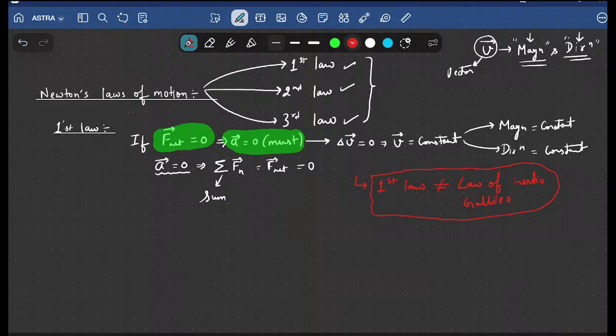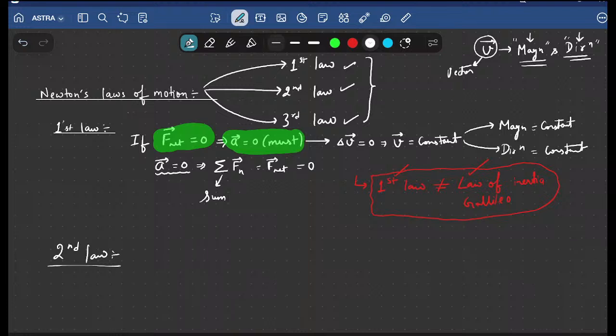But someday, when we take theoretical classes in detail, I will explain to you that the first law is not equal to the law of inertia given by Galileo. These two things are completely different. Some teachers teach it in that style, as if these two give the same lesson. No, they talk about two different things, right? Always remember. But today's class is more numerically oriented, so we won't invest much time on these things. We just understand the basic concept and then we will attack the numericals.